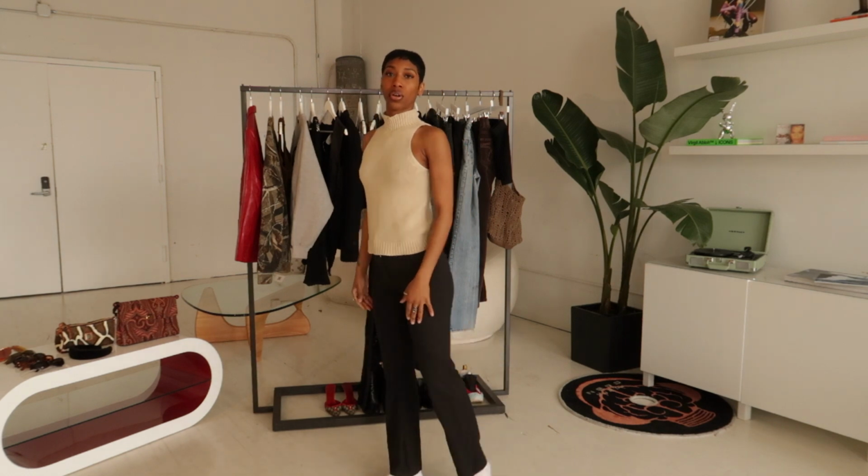So this next look I would call a business casual look, I guess you could say. I think this would be a great look if you have a meeting, or this could also be a look for work, to be honest, if you go into the office throughout the week. So I have on this Banana Republic knitted turtleneck that's sleeveless. I have on these gray gel